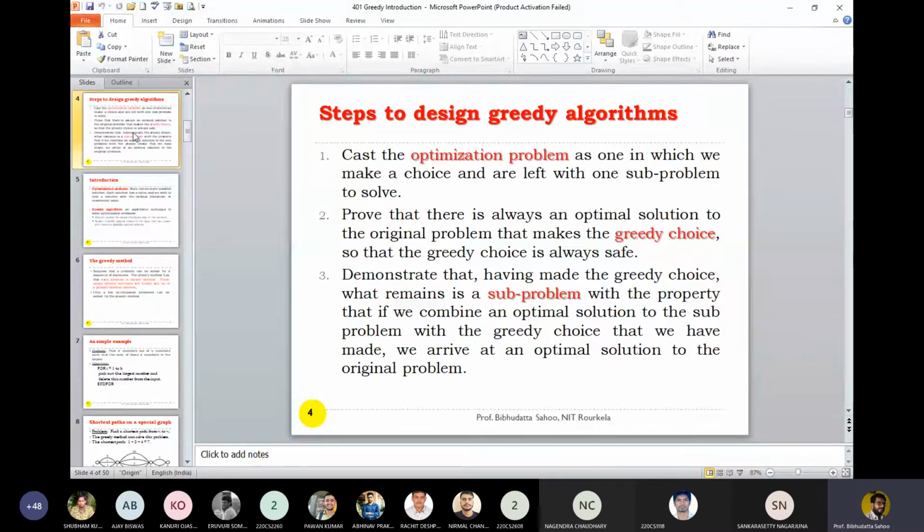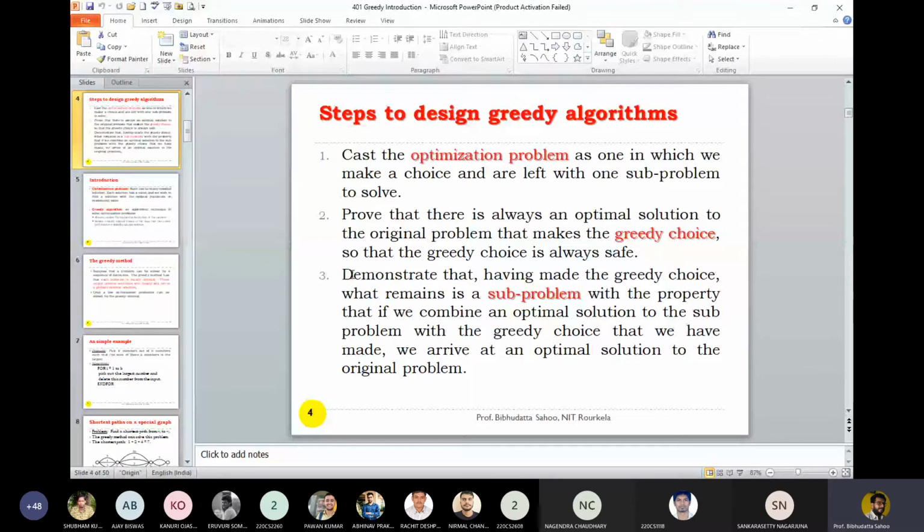Safe means none of the greedy choices will land you at a non-goal node. That means if you follow the selection path from a start state, you will definitely reach the goal state. None of the choices will lead to a non-goal state. If you compare the same thing with automata, maybe you start with a starting state and go to a non-goal state. But here you will always go to the goal state. Maybe the cost of the selected path is not optimal. Now, what do you need to demonstrate?